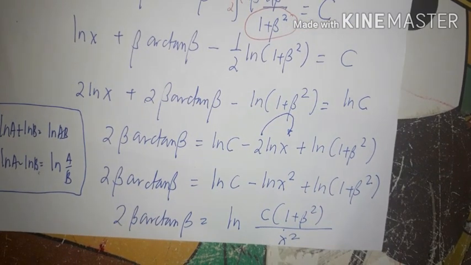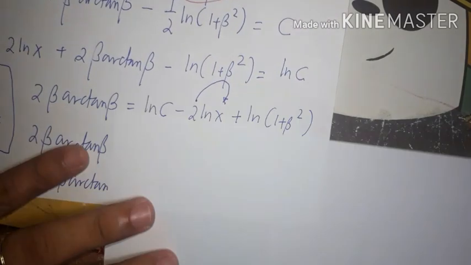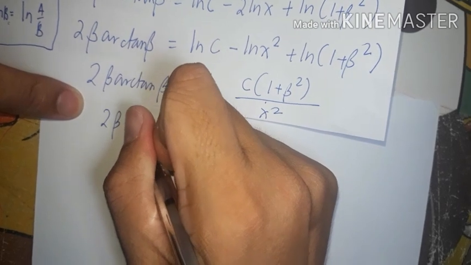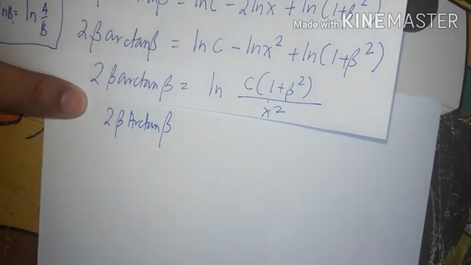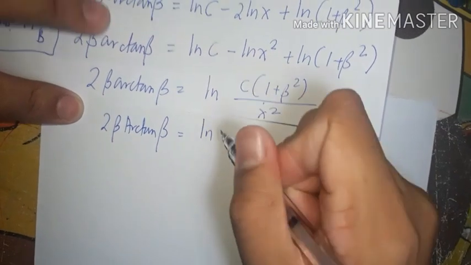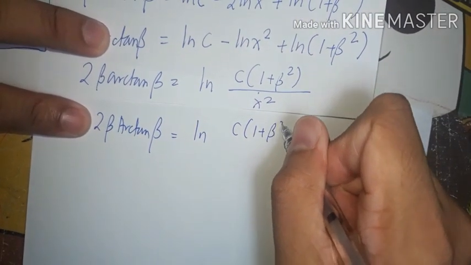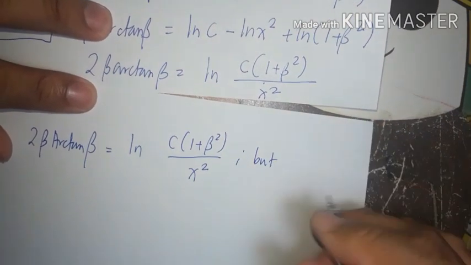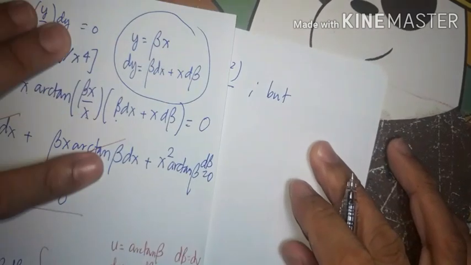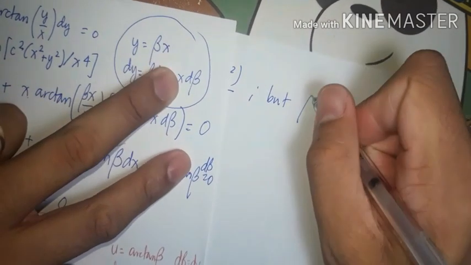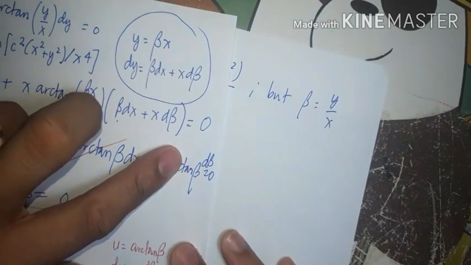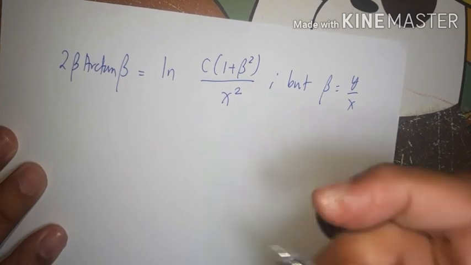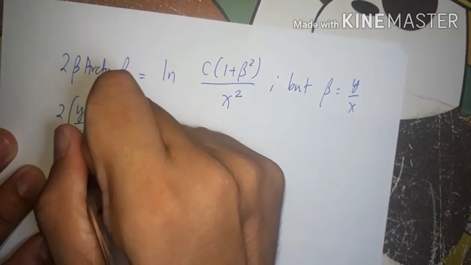So, let us try to simplify this further. Sabi dito, ang nakuha natin is 2 beta arctangent of beta is equal to ln c times 1 plus beta squared over x squared. But then again, from our substitution, y is equal to beta x. So then beta is equal to y over x. So let us try to substitute. Beta is y over x. So that's 2 y over x